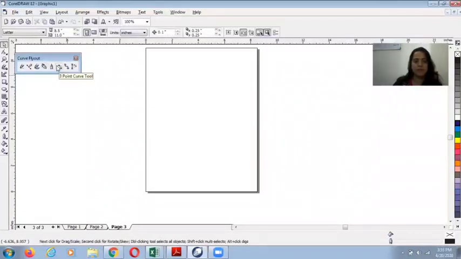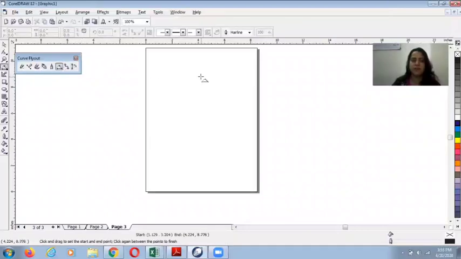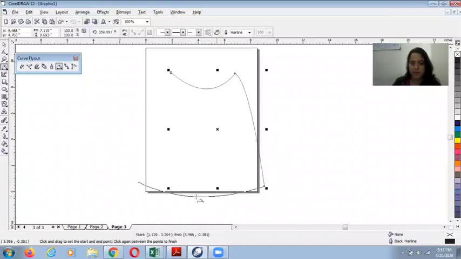Then we have 3-point curve tool. It is also a very important tool if you want to give flare, or you can also draw with this. Suppose I want to make a skirt again. Click, drag, and drop is the technique. Again, I have to click on the node, last node. Click, drag, and drop. Again, click, drag, and drop. But you always have to make sure that all nodes are closed from the corners. But we don't use this tool basically for drawing. We use it for the falls.